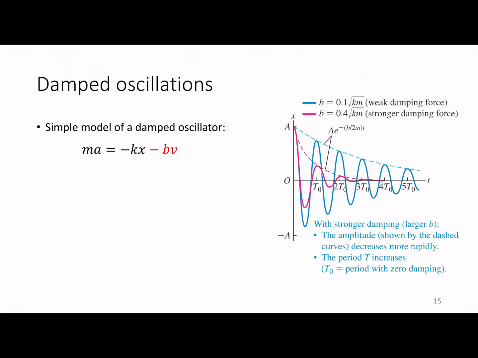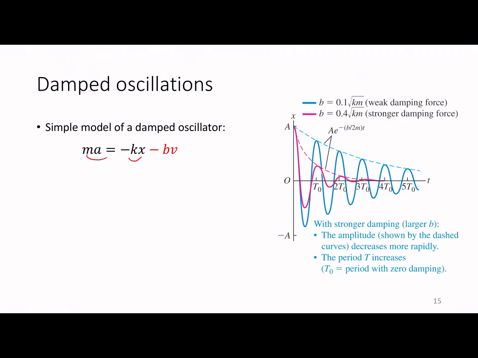That said, there is a simple model that's going to be relevant to a number of systems. It's relevant to fluid mechanics. It's relevant, as we'll see in the next class, actually to RC circuits. If you have alternating current, once we start talking about circuits in 2326, that turns out also to be a damped harmonic oscillator. So the simple model of a damped oscillator that we can solve is ma is equal to